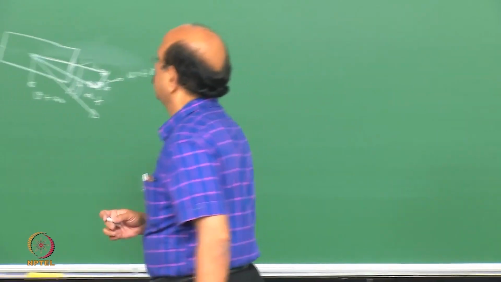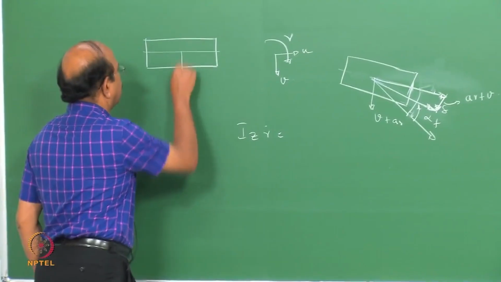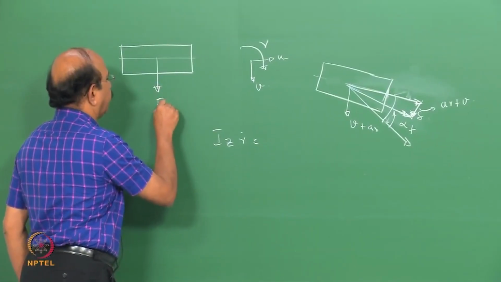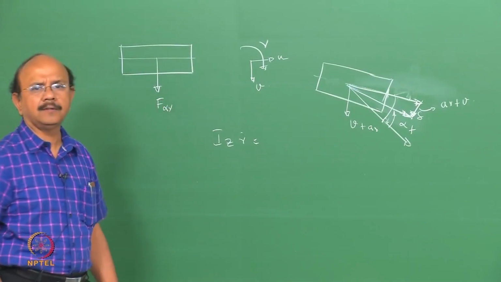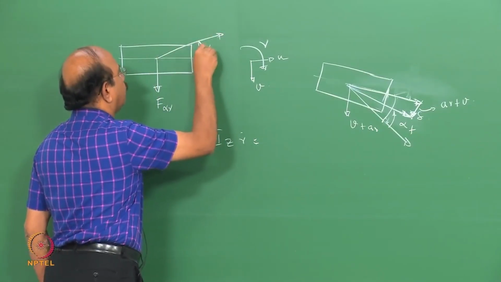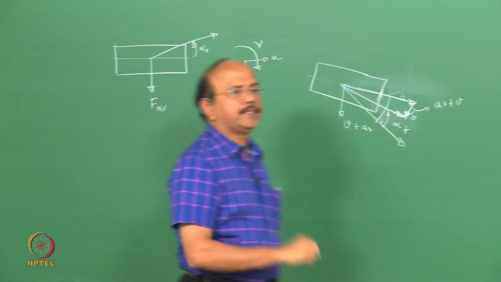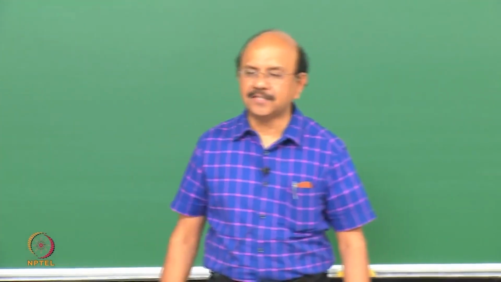Okay? So for that, I need to put down the forces. So that's the force F alpha R. Let me, okay, FR or F alpha R. Why alpha R? Because as I told you before, alpha R is the slip angle and F alpha R is the result of